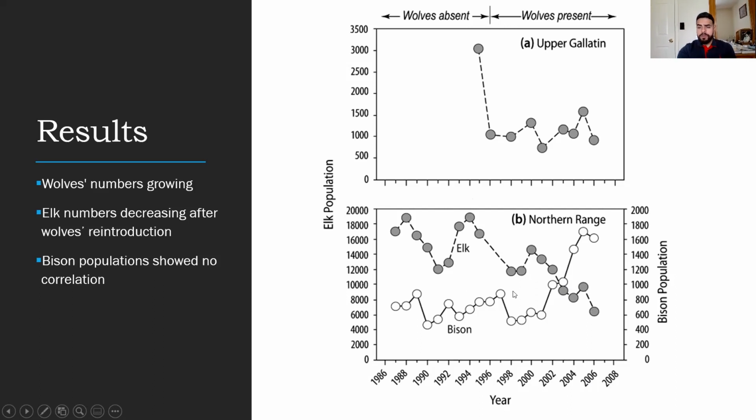Before the wolf reintroduction, in their absence, you can see that it was consistent around 600 to 800 bison, and it stayed around that range for a little bit until wolves were actually introduced. Then the population started to increase. Now, in the paper, they don't have a clear explanation as to why this happened, but one possible explanation is that